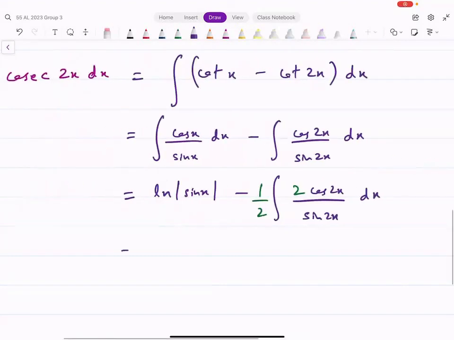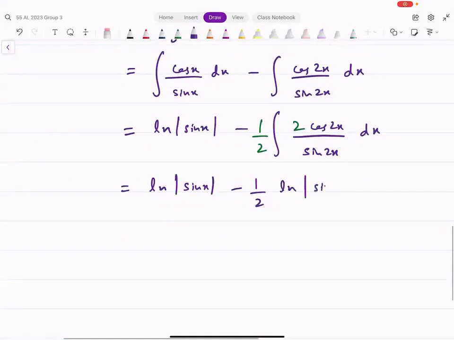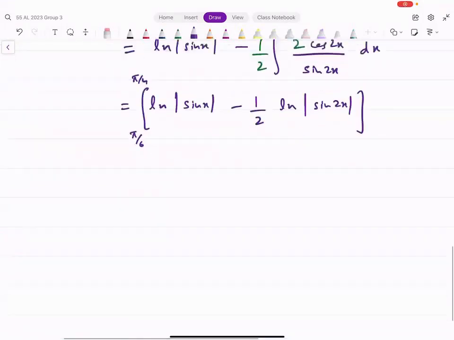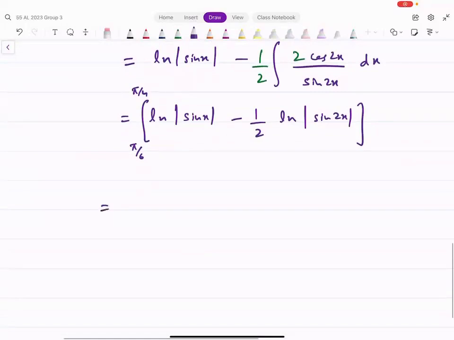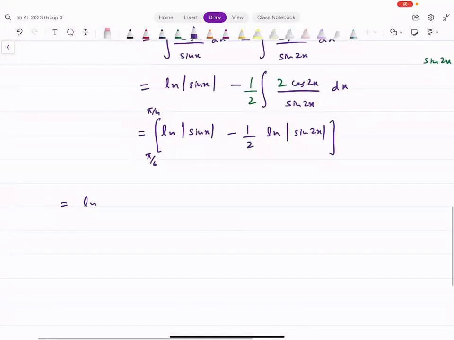And now this becomes ln of sin x minus 1 over 2 ln of sin 2x. And now you can input the limits. Limits were from pi over 6 to pi over 4. ये limits input कर दें और देखना आपको exact value चाहिए, ये सारे steps आपको show करने पड़ेंगे, आप वो देखते हैं। अच्छा, so what do we get here? pi over 4 input करते हैं, वर्किंग शो करनी पड़ेगी। आई एम रिपीटिंग दिस अगेन एंड अगेन, इसके मार्क्स कटेंगे आपके, अदरवाइज वर्किंग नहीं शो करेंगे।